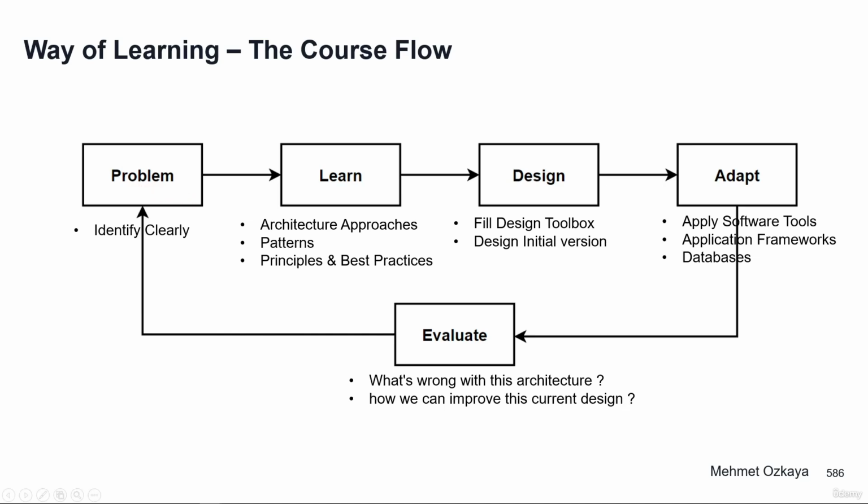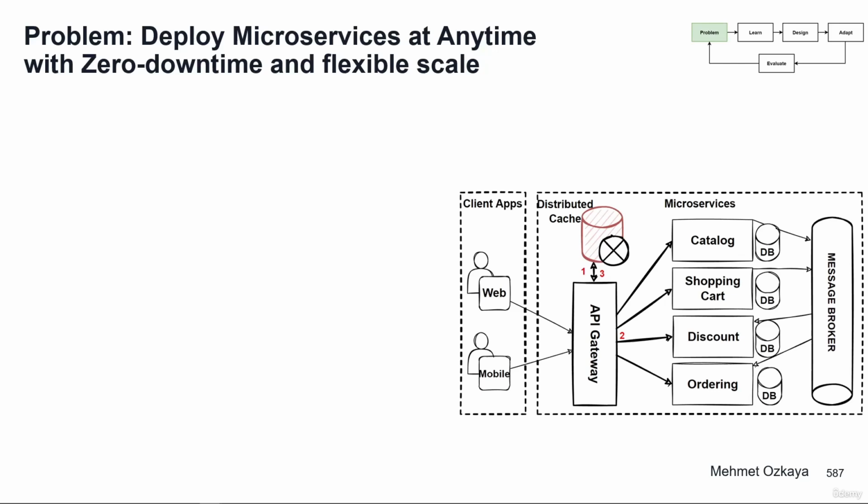So in this step, we are asking ourselves what's wrong with the current architecture, how can we improve the current architecture. So the problem is deploy microservices at any time with zero downtime and flexible scale of the deployment times. This is one of the main problems when we are first starting with microservices,